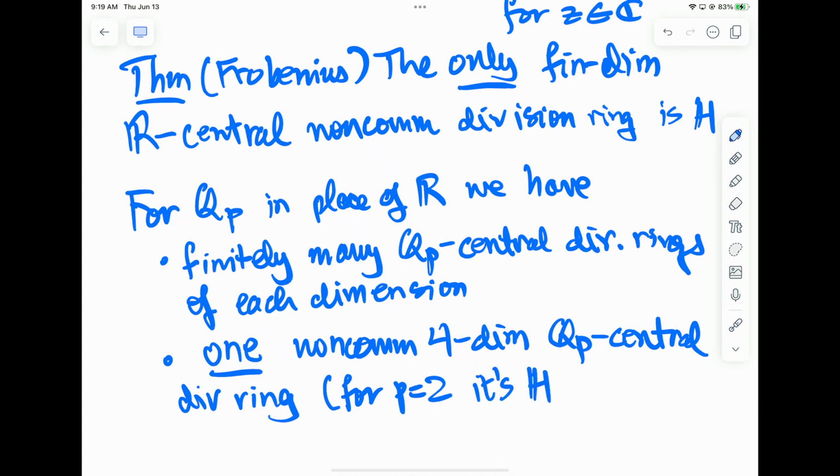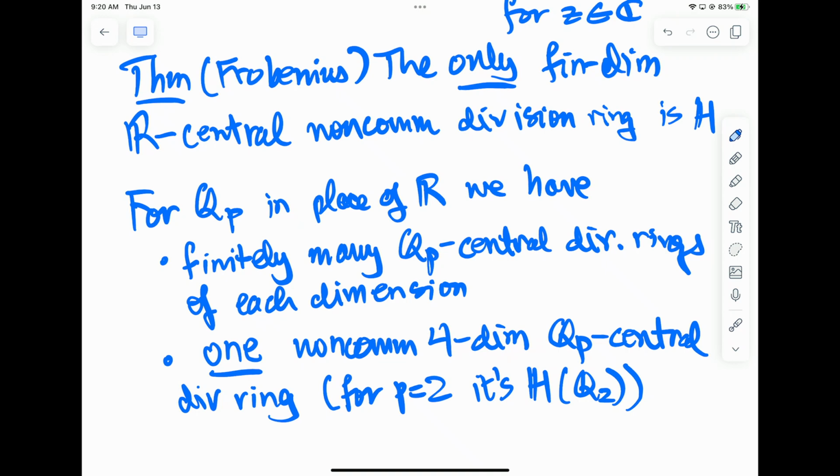It's the quaternions with Q2 coefficients. But if p is an odd prime, the quaternions with Qp coefficients are not a division ring. In fact, they're the 2x2 matrices over Qp, that other four-dimensional non-commutative ring, which is definitely not a division ring. So in any case, if you just stick to dimension 4, the story for R and Qp looks